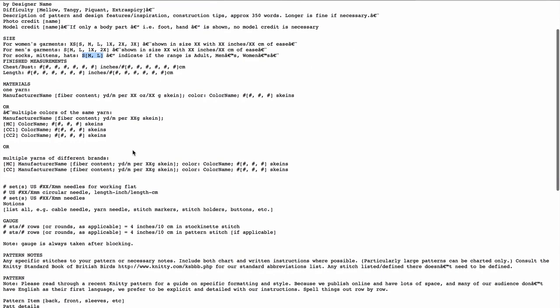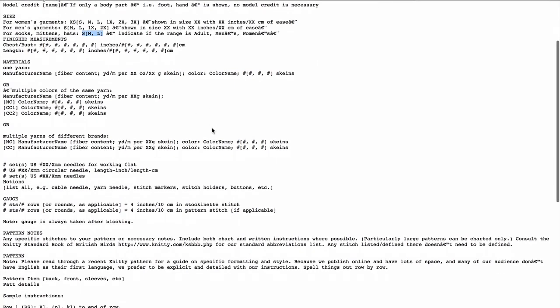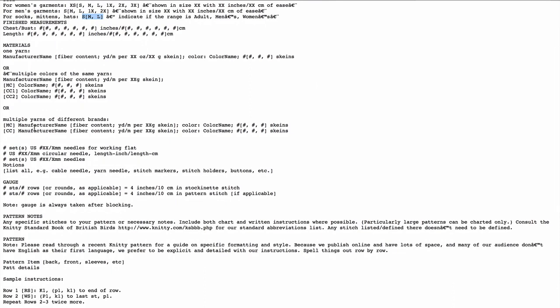So if you're doing a sweater, you might need to add a couple of skeins of yarn the bigger the sweater is. If you're using multiple colors of the same yarn, then you would list the additional colors, and if it's the main color, contrasting color, etc. And then for some reason, if you used 2 yarns from different brands, then obviously you'd want to include this here. I would suggest not doing that